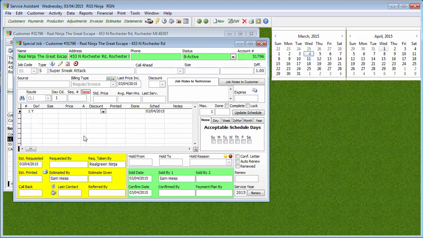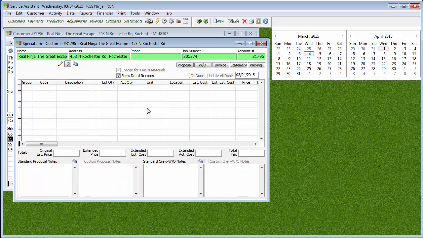Now, because this is a work order service, you'll notice there is no pricing in there. I currently have it set up to be based on the actual time and materials. When you create the work order, you're going to decide if you want to do it based on estimate or actual. Again, this one's going to be based on actual, so I can show you how things work if you do it that way. So again, I'm going to need to add some products to the work order,